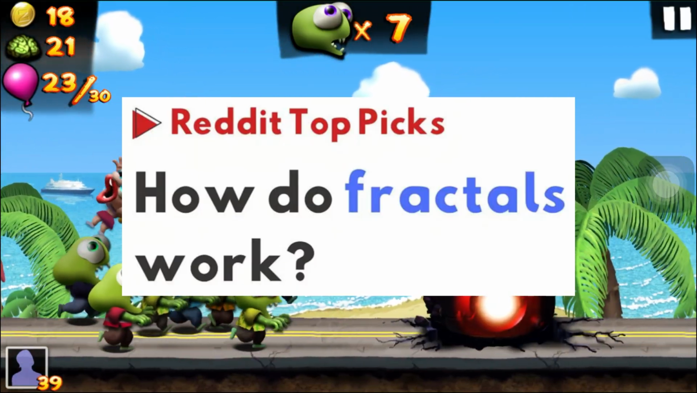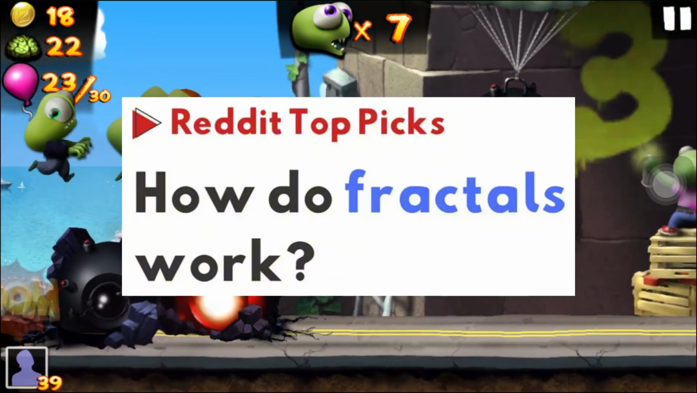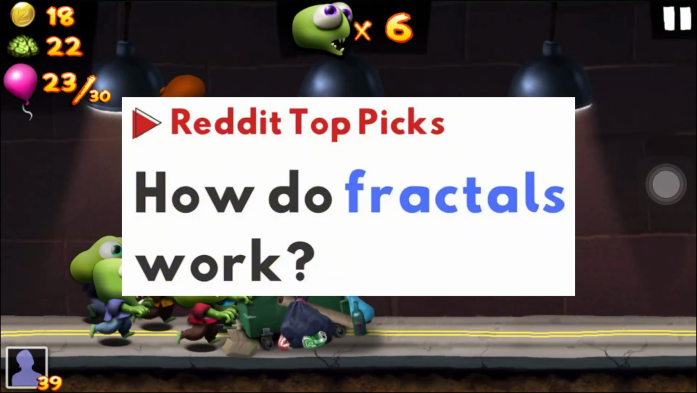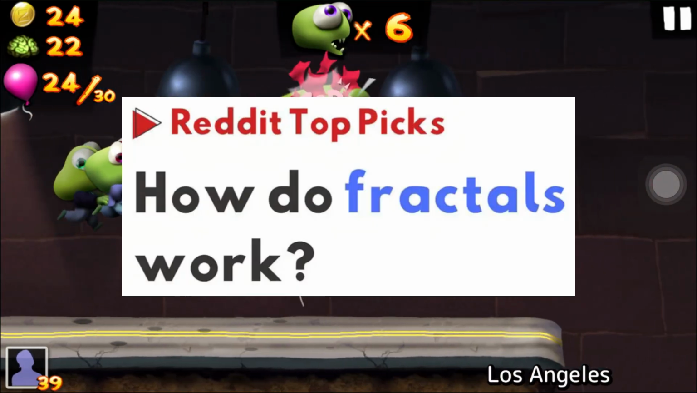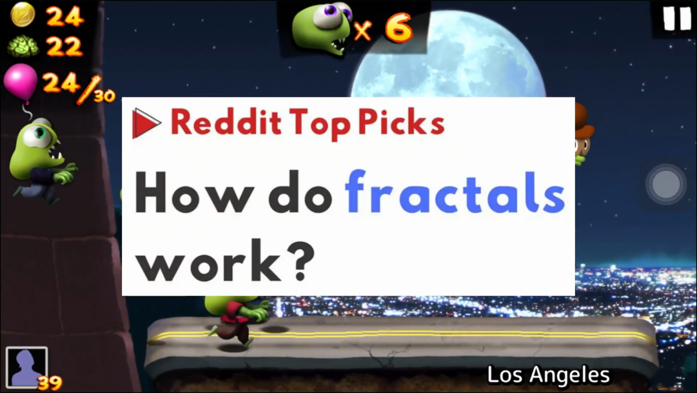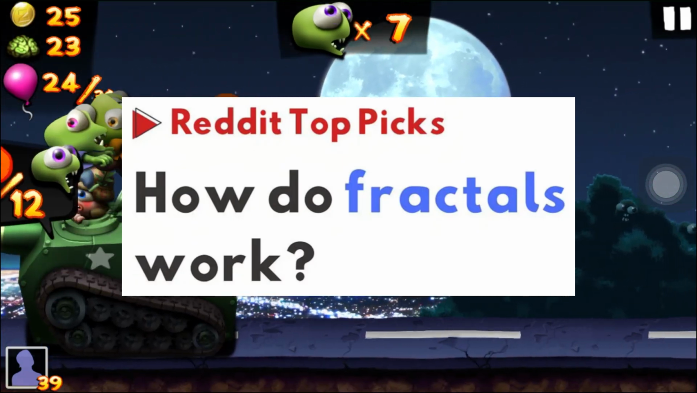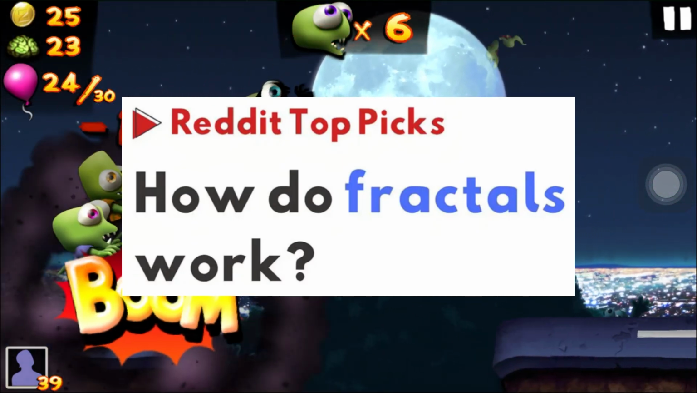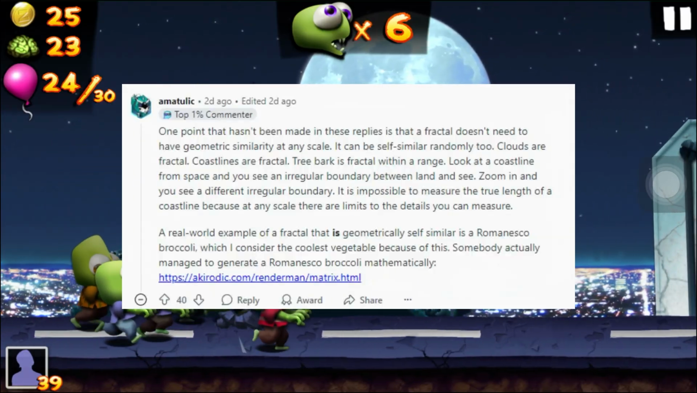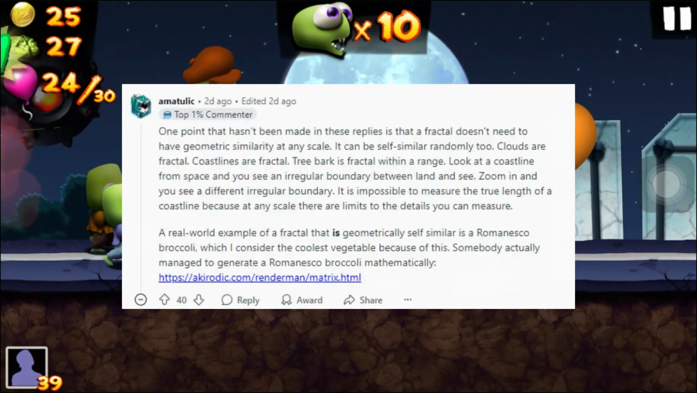I'm also trying to understand, can they just be any dimension? Even less than 2D or 1D? Are they only non-integer dimensions? And how can they be outside of 2D or 3D? Are they a shape? One point that hasn't been made in these replies is that a fractal doesn't need to